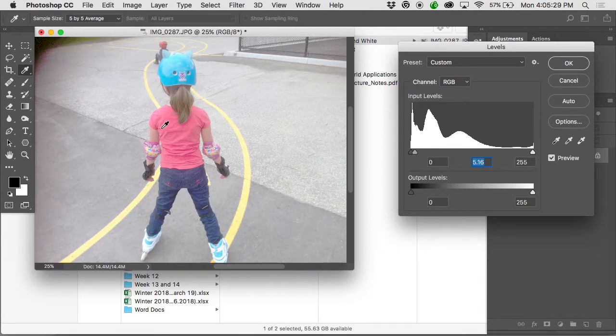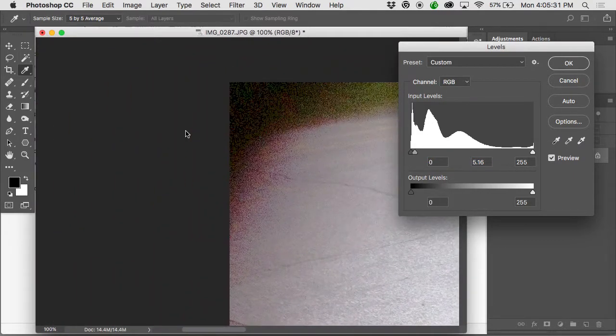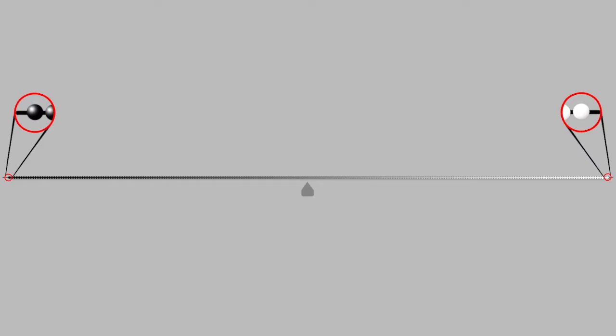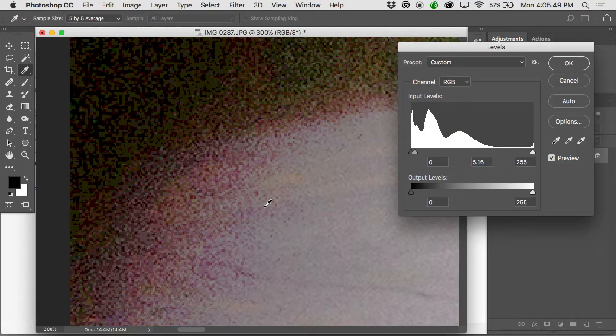Look at what's starting to happen. We're getting some speckling, well, there's basically some damage done to the file. When I darkened it down, remember I said when you grab that middle bead and pull it to the left or the right, some of those beads or some of those shades of gray in the histogram pop off the string. You lose them. If you then pull it the other direction, you're not undoing the damage, you're compounding the